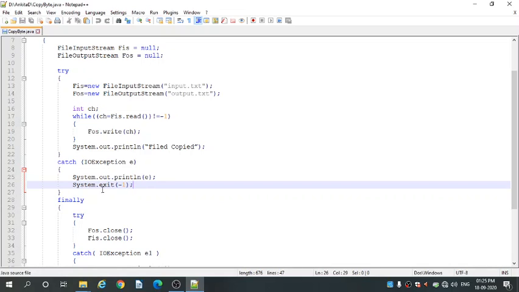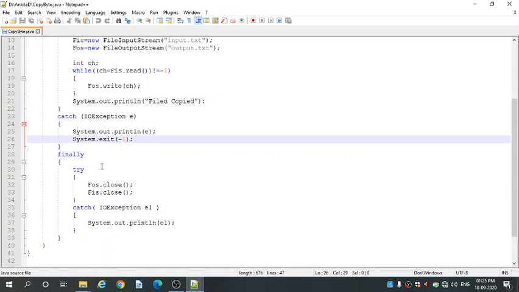Then comes System.exit(-1). -1 indicates end of the file. Okay. So whenever it reaches the end of the file, it will come out of the loop and print the file copy message. So this prints -1 to exit from the program.